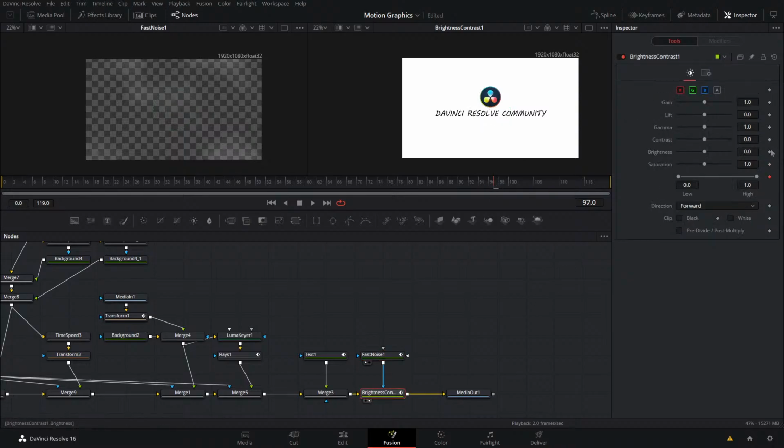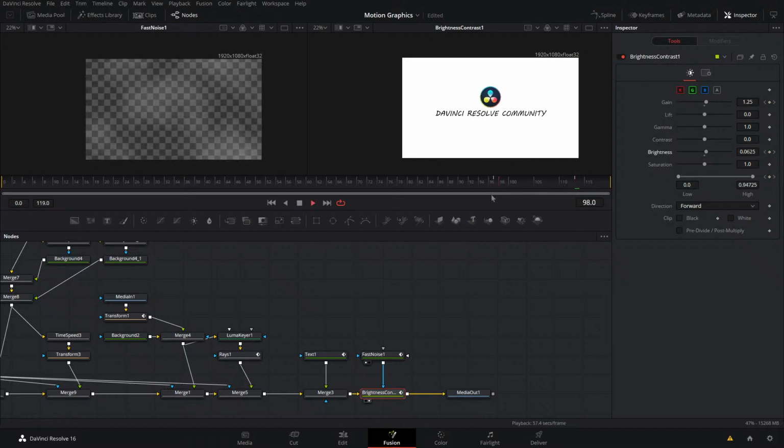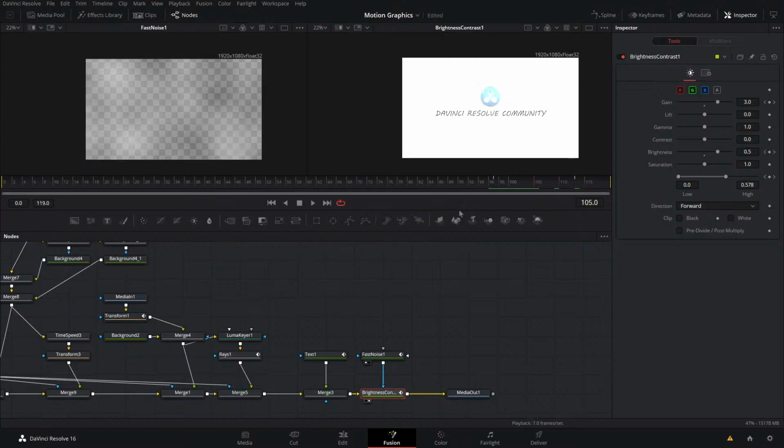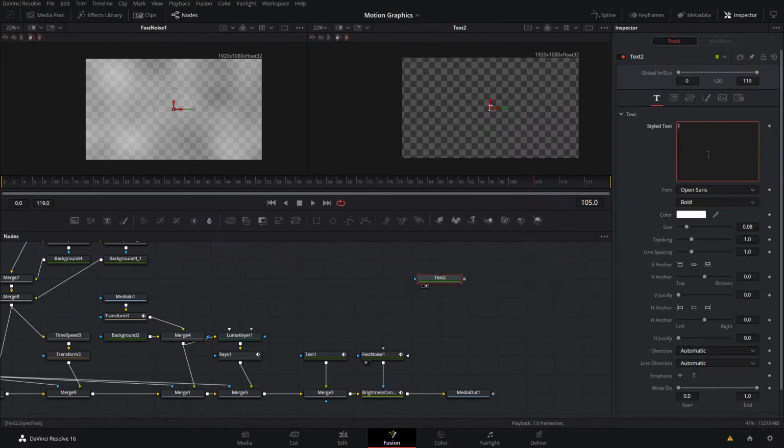And keyframe, keyframe, keyframe. Bring this down. Bring that up. And bring this up. There we go. Okay. Yeah, so I'm pretty decent with that. So let's just look at that. I use that in my thing there. So